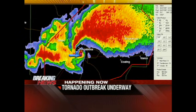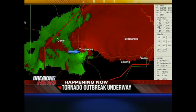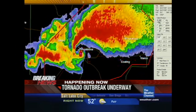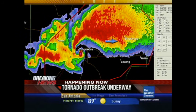And zooming out just a little bit, that tornado will be heading toward the Brookwood area, and ultimately it's going to head within less than an hour now toward the Birmingham area. So very, very dangerous situation. Extremely strong rotation showing up on the Doppler radar, confirmed sighting, confirmed debris by this tornado on the radar. Everything that is a nightmare scenario for a highly populated area, Tuscaloosa. Anywhere there on the east side, the entire Tuscaloosa metro area,